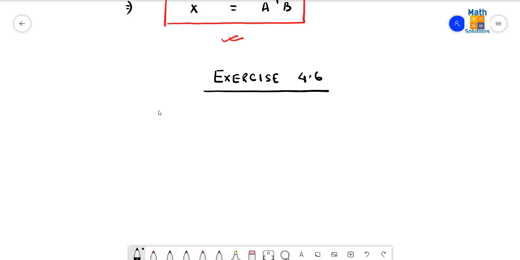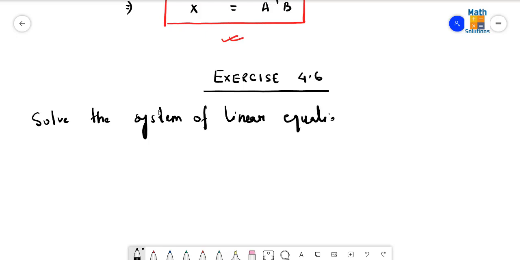So I'm going to write this part, solve the system of linear equations using matrix method. Matrix method means what? We need to find out the inverse of a matrix and then we have to proceed with the formula which we have derived just now. Using matrix method,